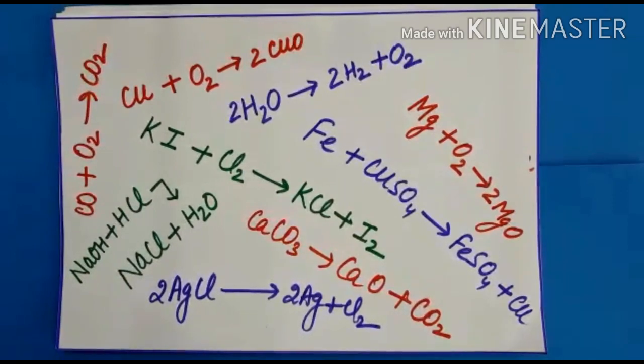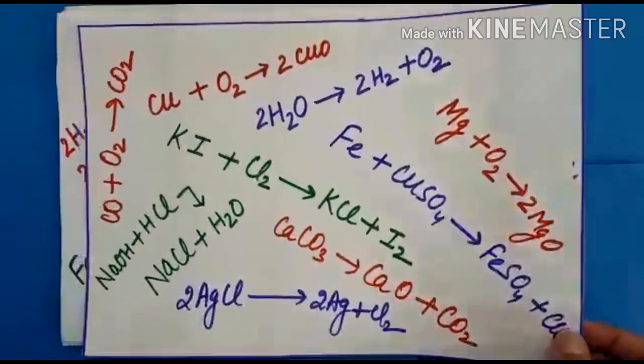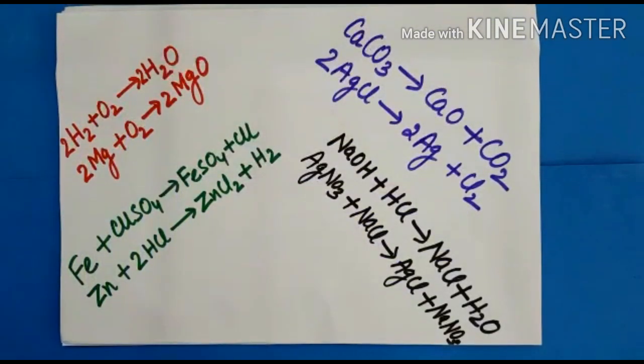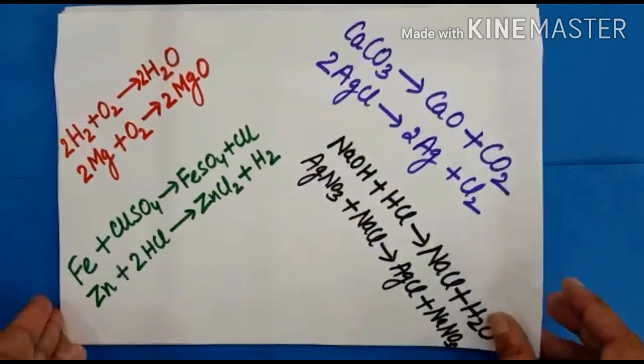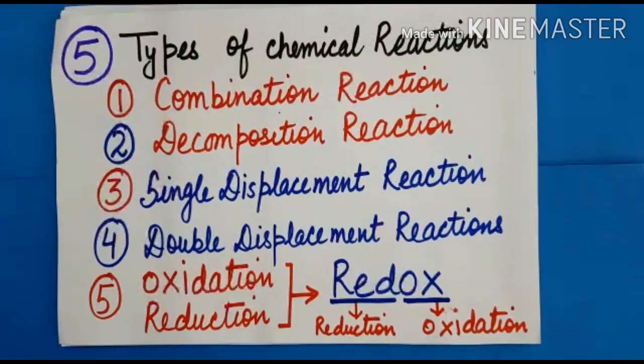At first glance, these chemical reactions might seem like a mess of information, but there are patterns among them, like this. So, scientists categorized them into 5 types of chemical reactions to facilitate the study of chemicals, so that they can make predictions about how chemicals react and how these chemical reactions go on. So let's have a look at all types of chemical reactions.